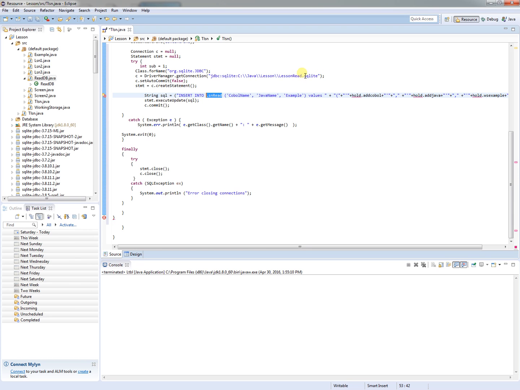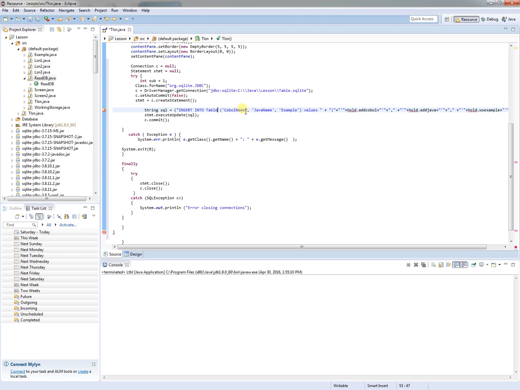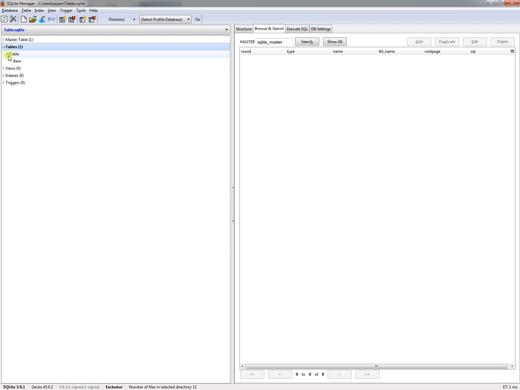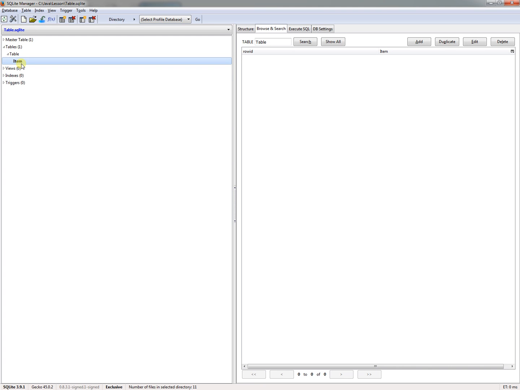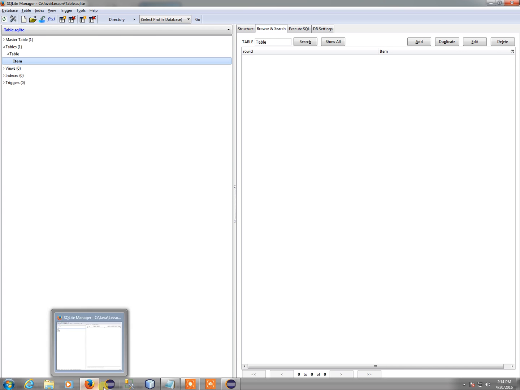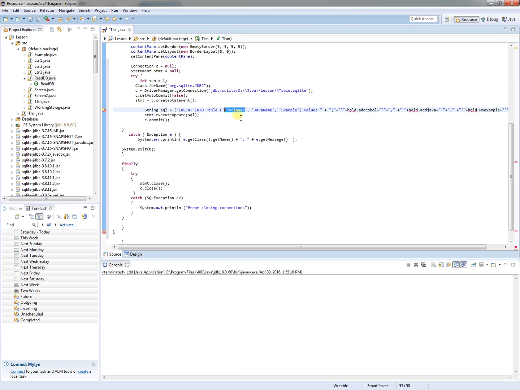First off, we want to change. We're not doing LS read anymore, so we want to go ahead and change that to table. And then, of course, we want to insert into the table. And these are names that you can call whatever you like. I believe, if I'm not mistaken, we have created item as our field to be filled in. So we're going to go here and say item. We want to do an insert on,